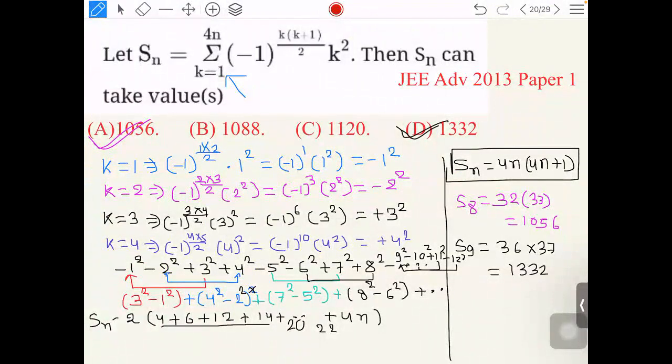देखिए मोस्टली इस क्वेश्चन में क्या था कि बच्चे सिग्मा और इस टर्म को देख के डर गए थे। ये ट्रायल एंड एरर क्वेश्चन है, देख रहे हो जेईई एडवांस में कितने ट्रायल एंड एरर क्वेश्चन पूछते हैं। मतलब n का डिफरेंट डिफरेंट वैल्यूज लेके हम चेक करेंगे कौन सा वैल्यू उसके आसपास आ रहा है। तो 4n × 4n+1 मतलब ये एक स्क्वायर के आसपास होगा। 32 स्क्वायर होता है 1024। तो n का वैल्यू हम कैसे लेंगे कि 4n 32 के आसपास रहे, तो n = 8 लिया इसलिए। जब n 8 आ गया, अब अगला ऑप्शन देखो 1300 है, तो अब n = 9 लेके चेक कर लेते हैं। अब 8 और 9 इन दोनों के बीच में वैल्यू आ गया है, तो बाकी दोनों ऑप्शन कभी पॉसिबल ही नहीं हैं।